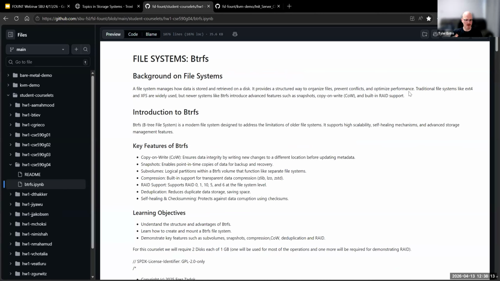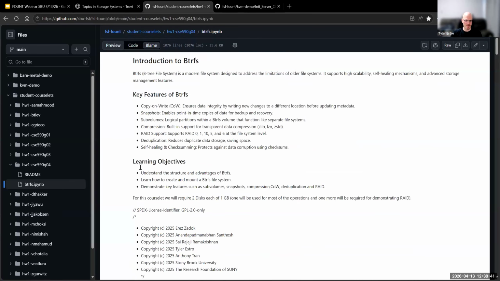Mostly, I just want to show you the format. All of the courselets generally follow the same guidelines, so they look pretty similar. We asked students to give some background up front. They describe what ButterFS is and give some of the key features. It's a B-tree based file system. It supports snapshots, built-in RAID support, and then most importantly,